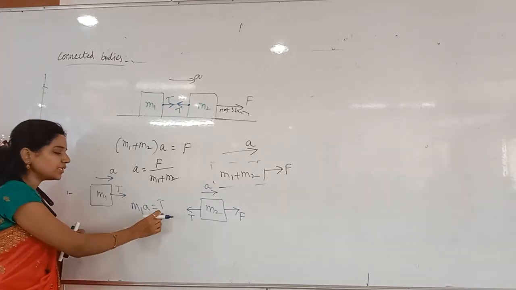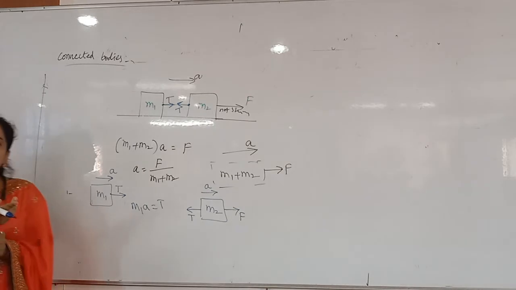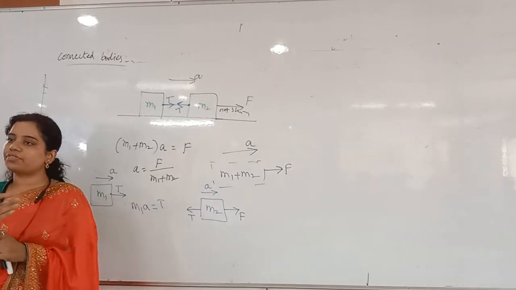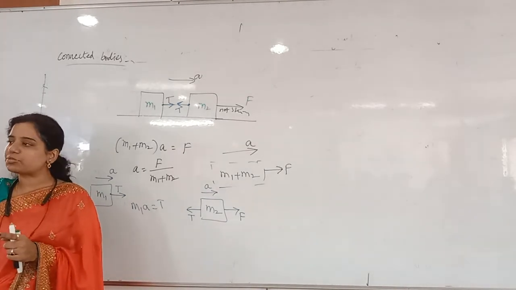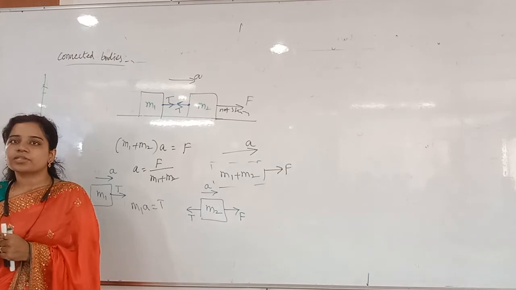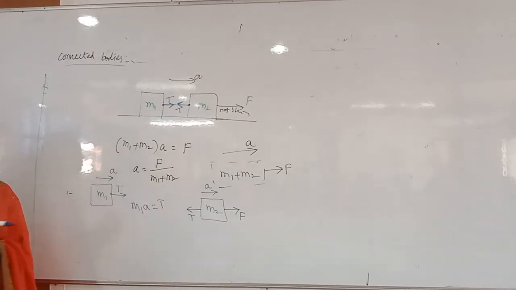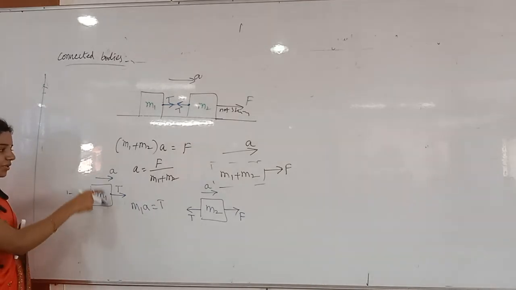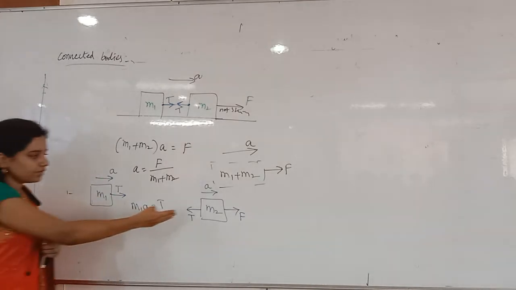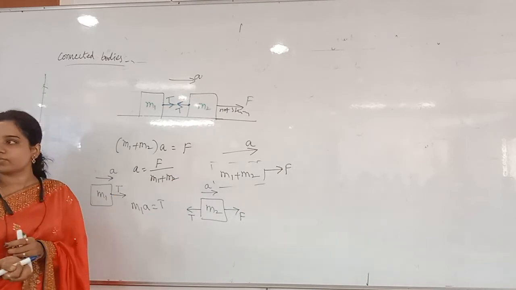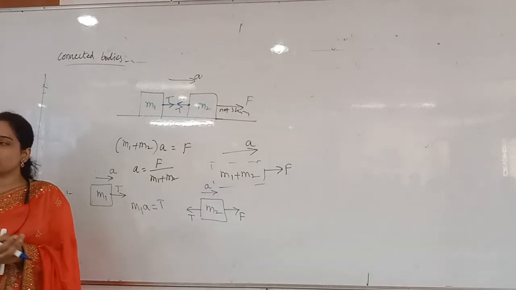But how to find the tension? Whether finding the normal reaction or the tension, you have to take the last body only. That will be the easy method. Why? Because on this only two forces are acting. If you see, on the other three forces are acting, it will take a little time, at least 5 seconds more.